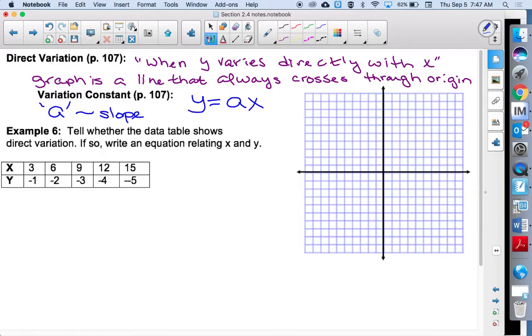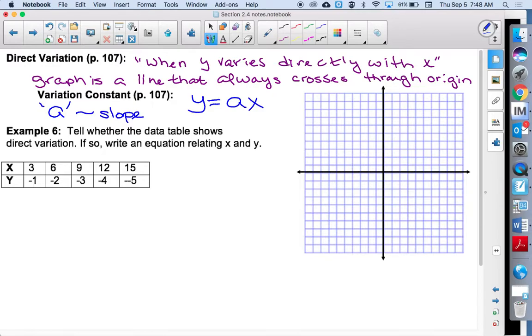So because it's a different type of equation, I can't use an m to represent slope. You'll see in the kind of functions that we work with, it's a new equation, generally it gets different letters. So y equals mx plus b is slope-intercept form, where m is the slope. Since this is a special equation, a direct variation, the slope is an a. And that a represents the variation constant, which is another way of saying the slope, the rate at which the